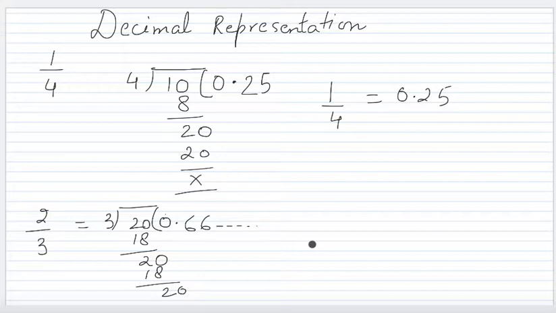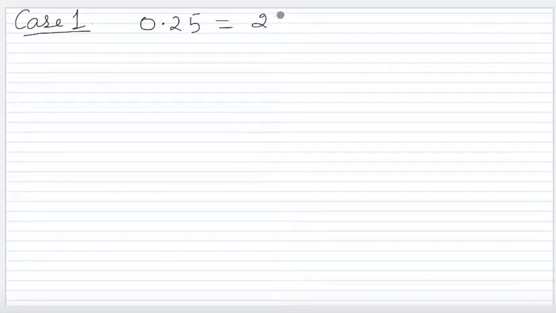Now we are going to learn how to express decimals as rational numbers. There are certain cases. The first case is the simplest one, in which the decimal is a terminating one, for example 0.25. To express this as a rational number, I simply write the numerator and put as many zeros as there are digits after the decimal. So this will be 25 upon 100. If you can simplify it further, you can simplify.